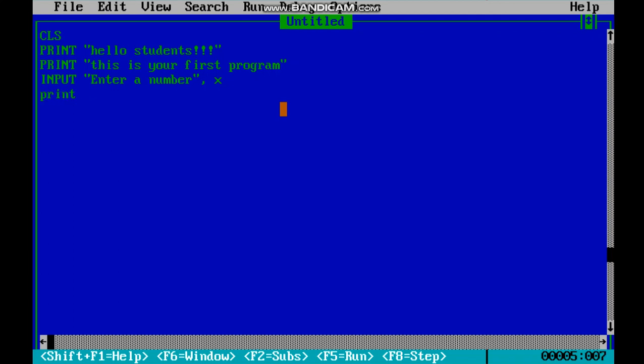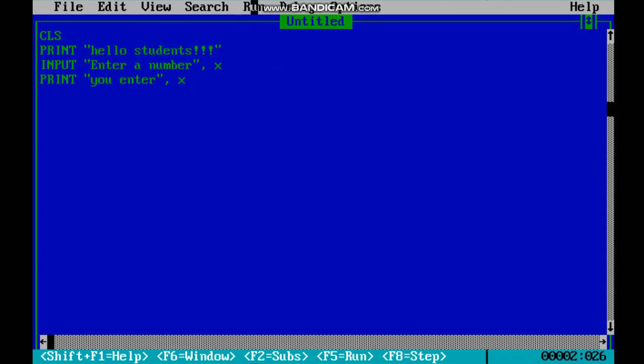And now I am going to print this x. Print, you enter, x. Now I am going to run this. Before that I am going to clean this line.